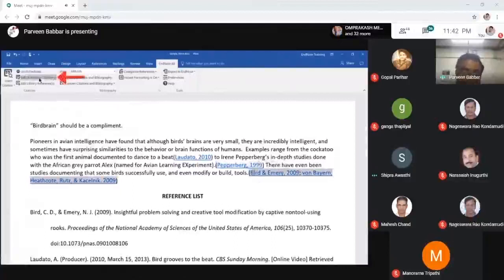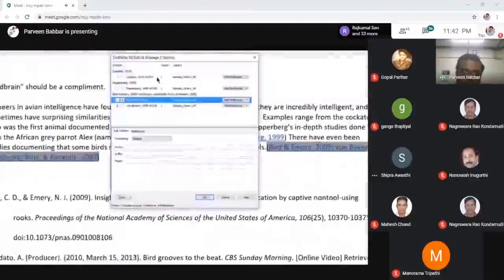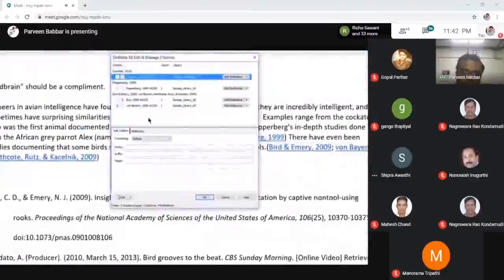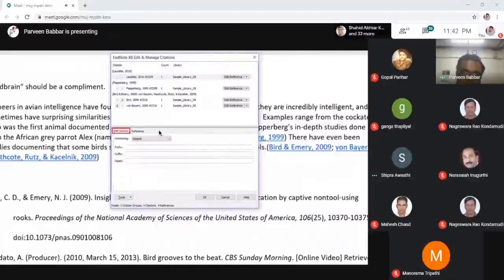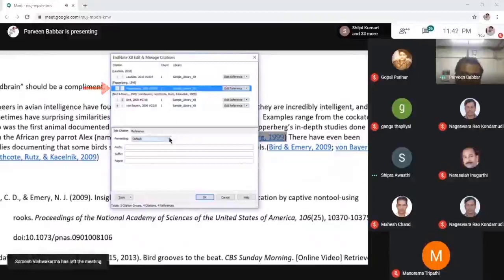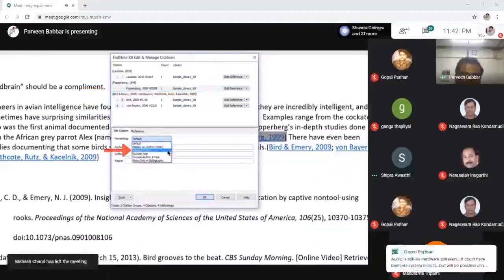I begin by clicking the Edit and Manage Citations button. I select a citation from the list in the upper part of the window. In the lower part of the window, the Reference tab will show the details for that EndNote record, so I can be sure I am working with the correct reference. The Edit Citation tab will let me edit the citation. To remove an author's name from a citation, I select the citation from the list, then select Exclude Author from this drop-down list. In the Pages field, I'll add the page number for this citation.